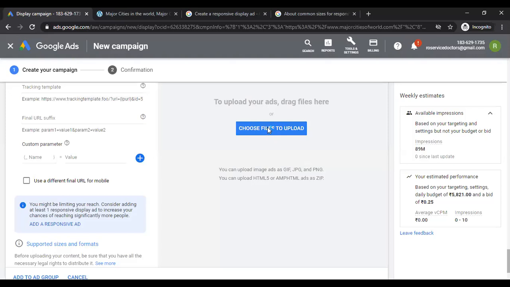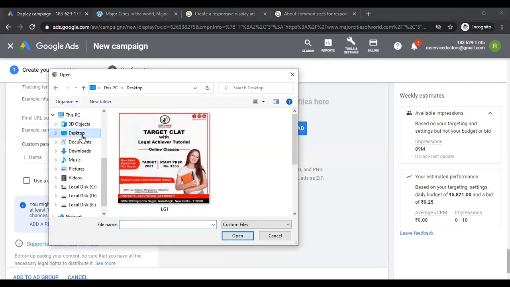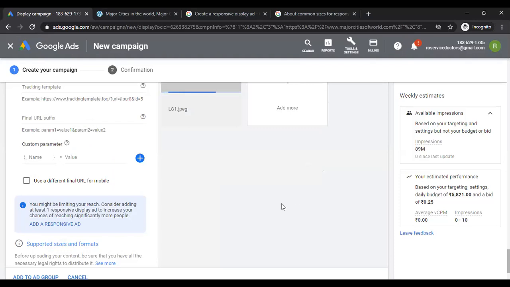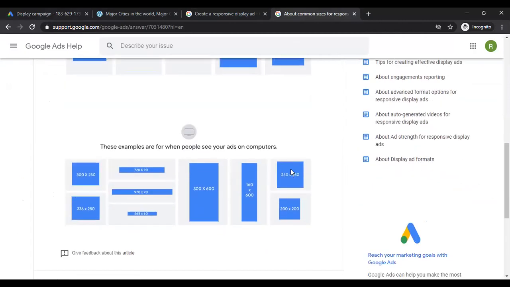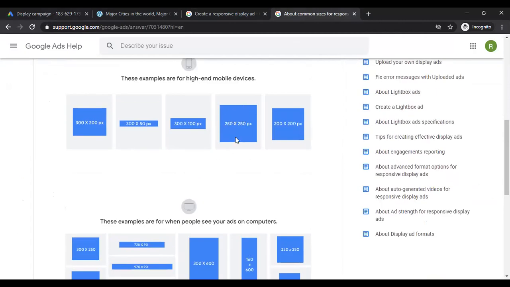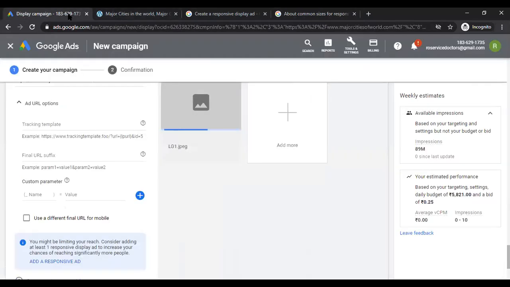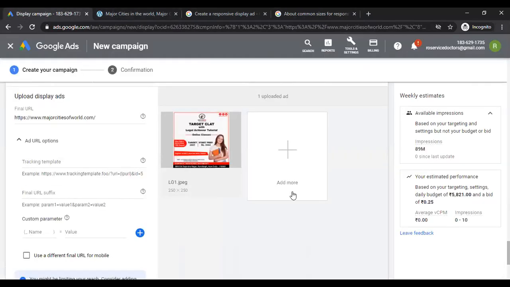So now I am adding an image from my desktop that I selected, and the image size is 250 by 250. That is suitable for every place, whether it is mobile or desktop. So my image is showing here. Now, if I want to track whether someone has come to my website, then definitely I will add the URL equal to